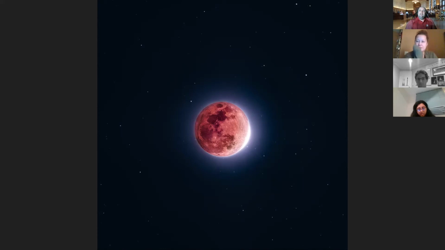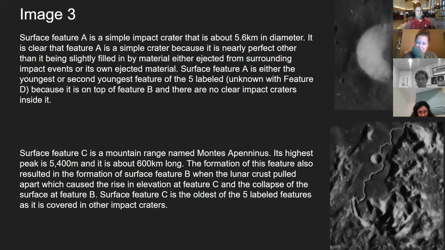On the flip side, they weren't used exactly correctly. But that's okay. That's just these little things that you pick up along the way. So you talked about superposition, and you gave a great example of that, where that crater is overlapping the rille in that third image. But even just in general, talking about craters in craters,